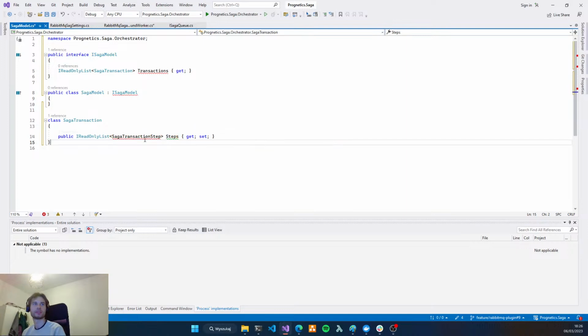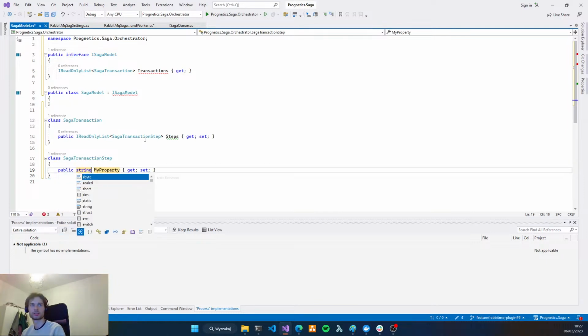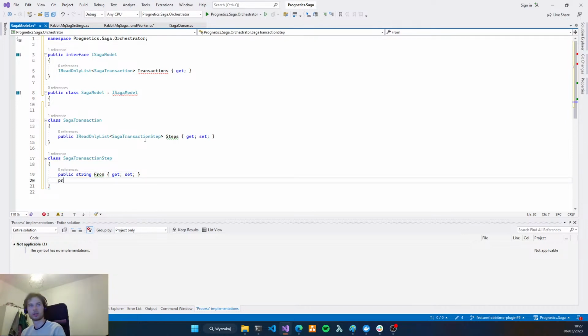Let's create a class which will have a string from and string to.